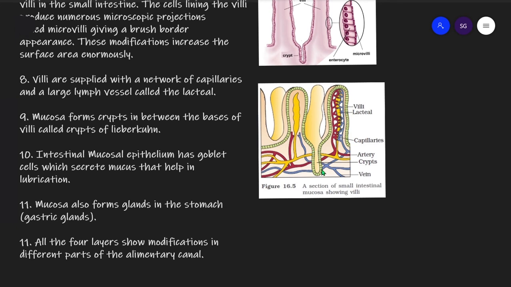have stem cells in them, and they keep on forming the enterocytes. These enterocytes have a lifespan of 72 hours. They keep on shedding in 72 hours. New cells keep on forming in these crypts, and they keep on transferring to the upper part of the villi to take the place of the shed cells.